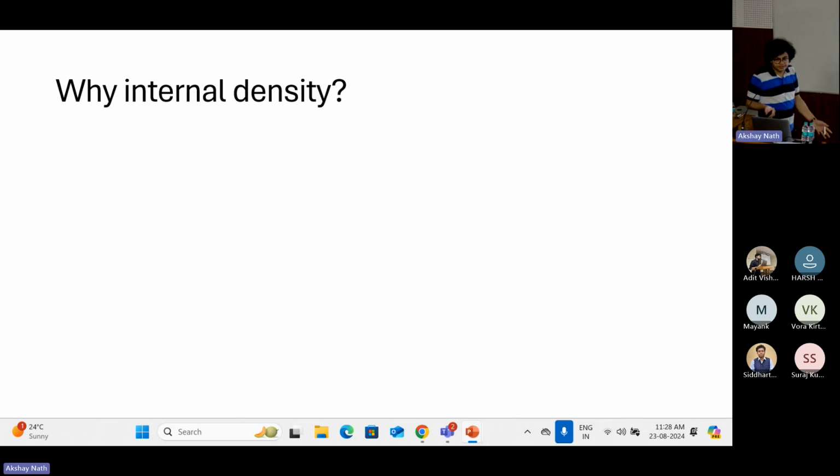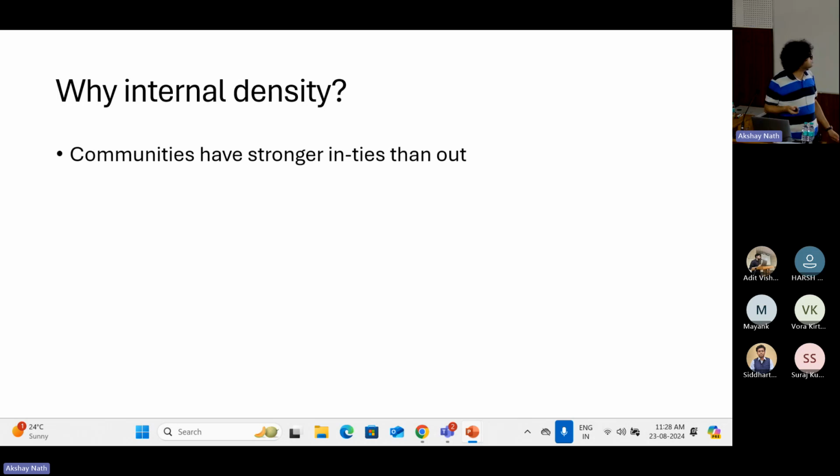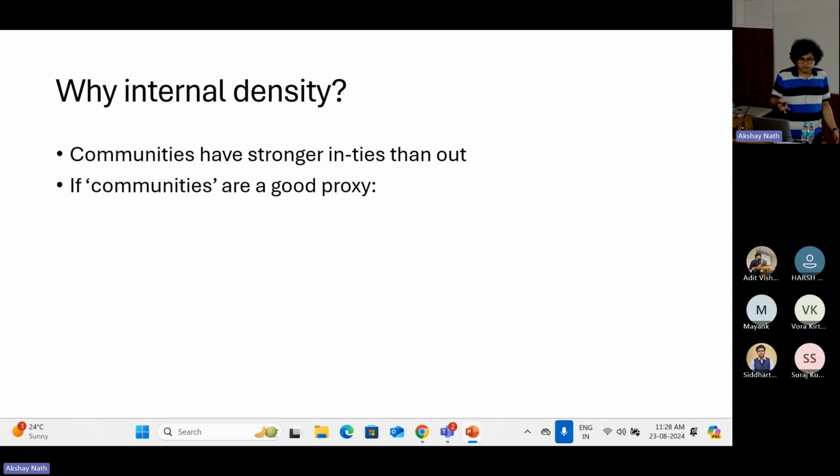So why internal density? It turns out that, I think there are many different notions of communities, but a commonly recurring thing is that almost everyone seems to agree communities have stronger ties inside than outside. There might not be a clean separator, but things are more densely connected inside than with the rest of the world. And so essentially anywhere that communities are a good proxy,